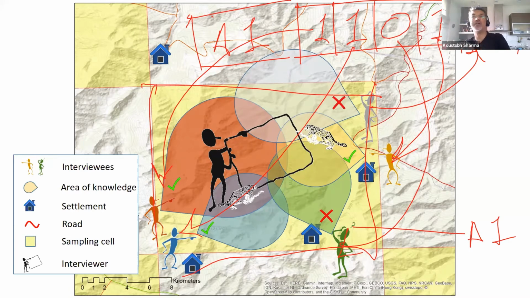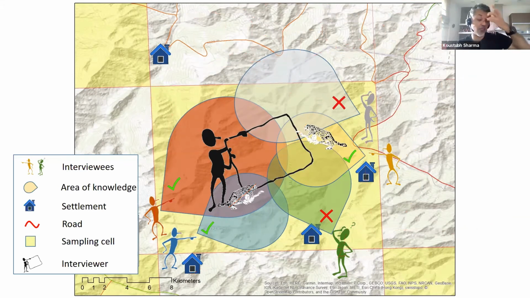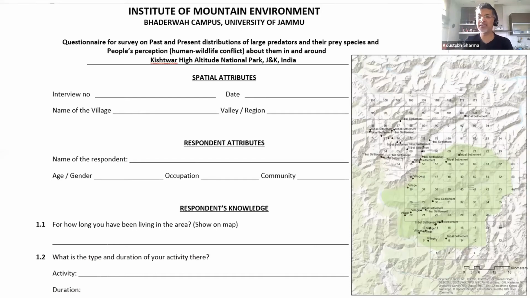So what you then do is you make use of the locally available knowledge, or the local knowledge in that area which exists, to be able to make some assessments about species distributions. And this is a fairly widely used method. There are certain challenges that you may sometimes face, but there are ways to deal with it as well. Now, here's another form. The last form I showed was for the sign surveys. This is the form that Muzaffar created for his survey. And thank you, Muzaffar, for sharing your data form and also a few maps to show here.